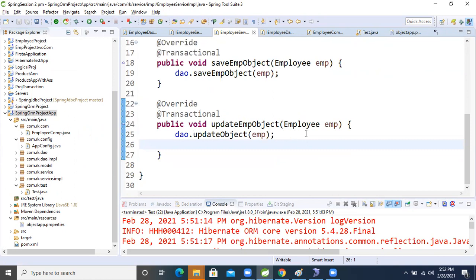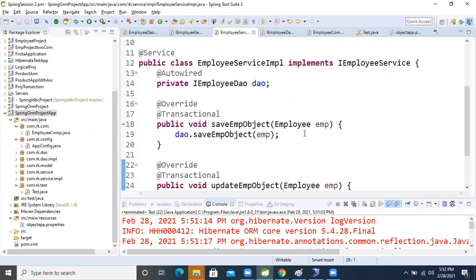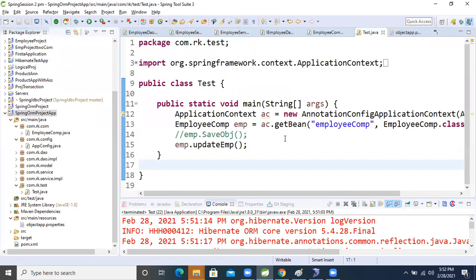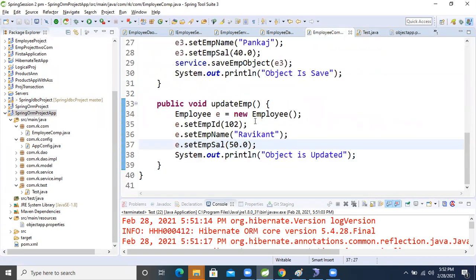No, no. In the test class where you put the value. Which one? I'm using this one. You are talking about this method, right? Yes, yes. And down, sorry, service dot save, employee object. Yes, yes. Thank you so much.